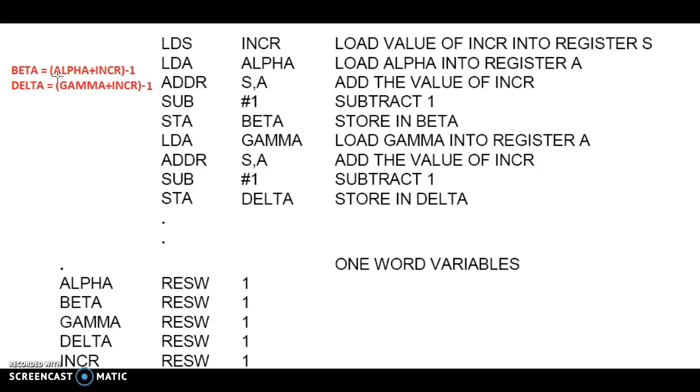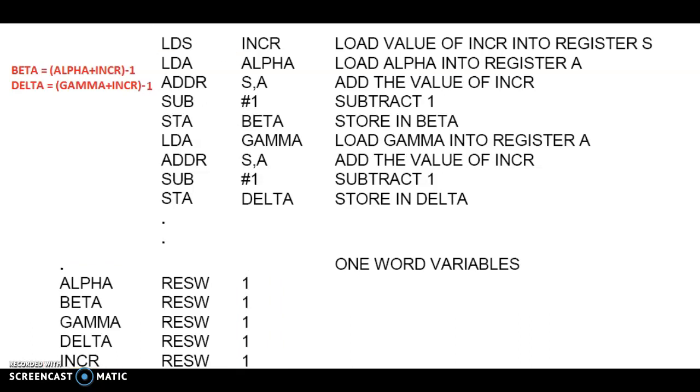What are the variables? Alpha, INCR, gamma, beta and delta. These 5 variables are listed out here, and they are reserved as one word variables. We have defined this for all these 5 variables. Now, using the program,